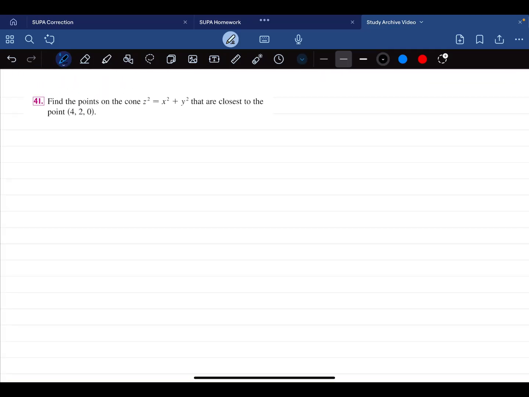For question 41, this is an optimization question, and it's very common for our max-min questions. We have a cone, and we're finding the closest point to (4, 2, 0). So let's get the function first, actually, of what we're going to draw, and we're calling this the objective function,